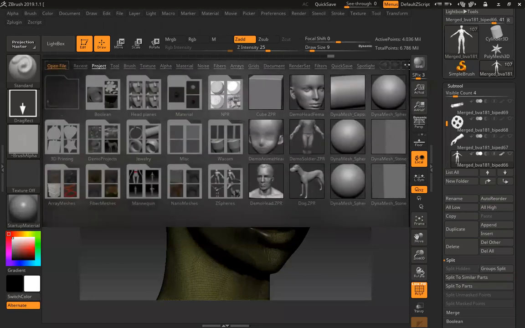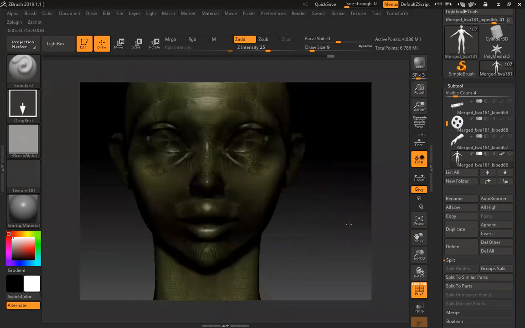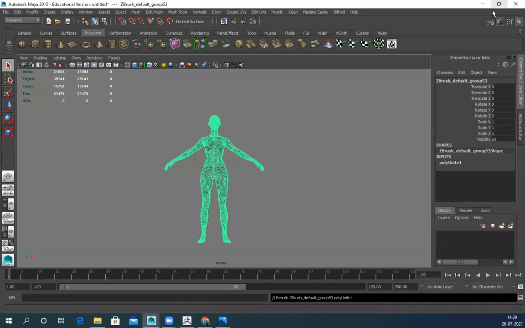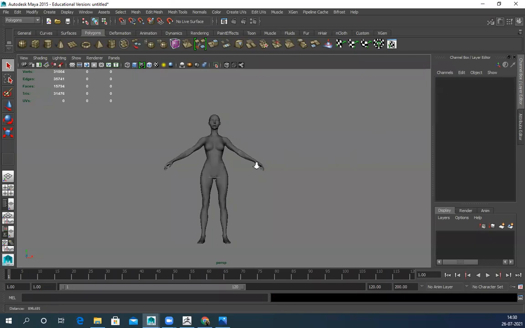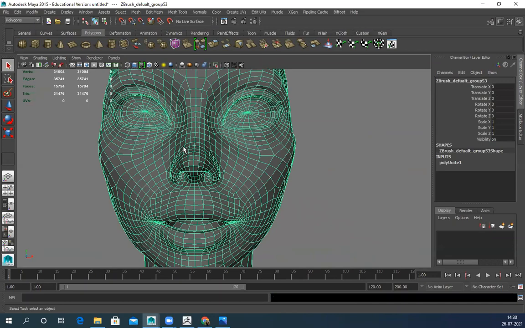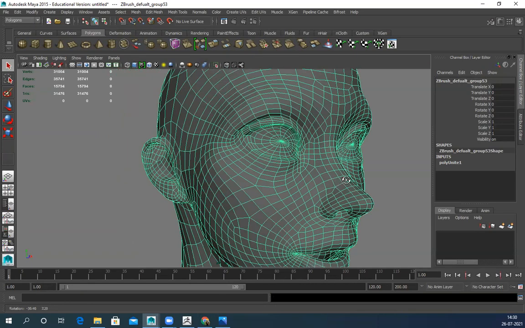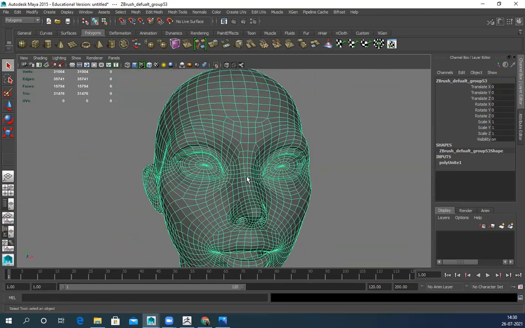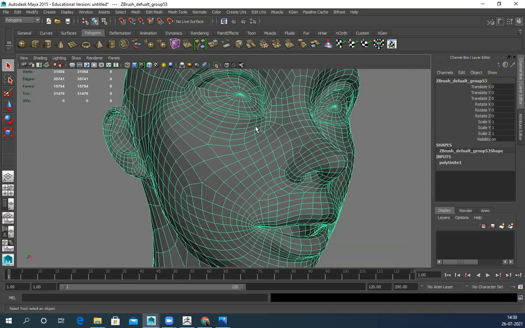If you go to this character or this character, you already have teeth. You can just simply import the denture here. So that will work. So for this model, we need to create a low poly. For that, you can export the lowest division of your high poly model, because we have used a base model. That means the topology is kind of nice. For this particular character, I can see the topology is not bad. Yes, there are a few areas I can definitely optimize or fix.